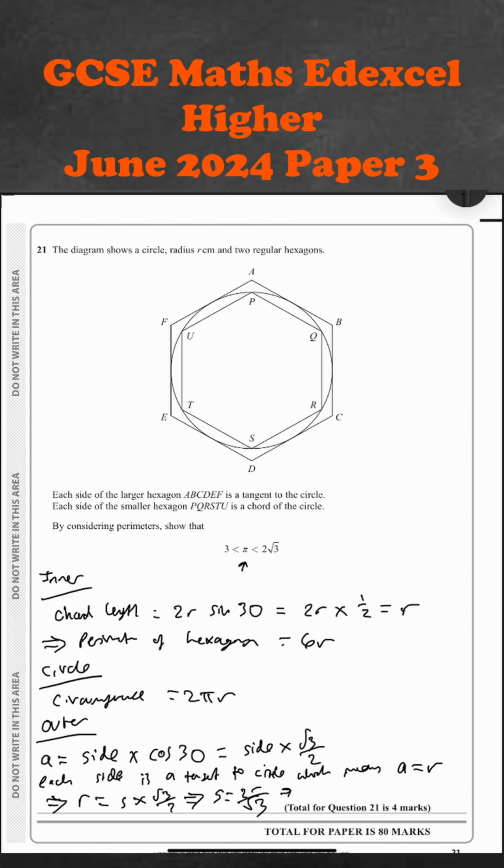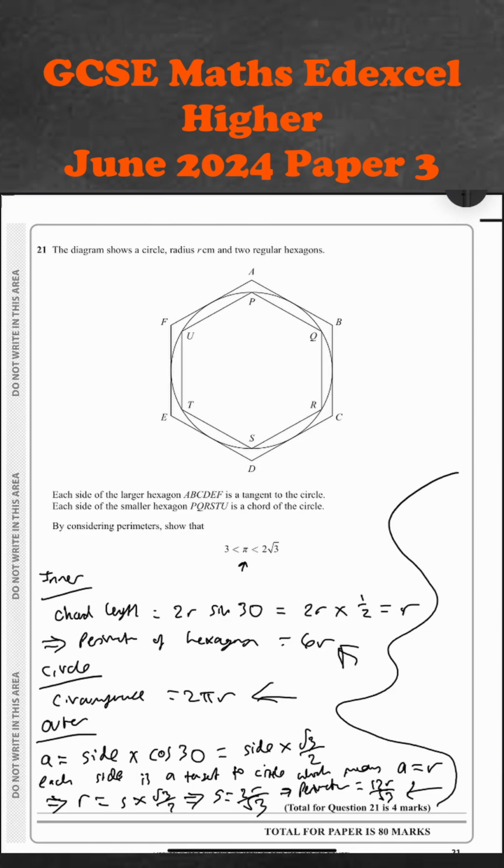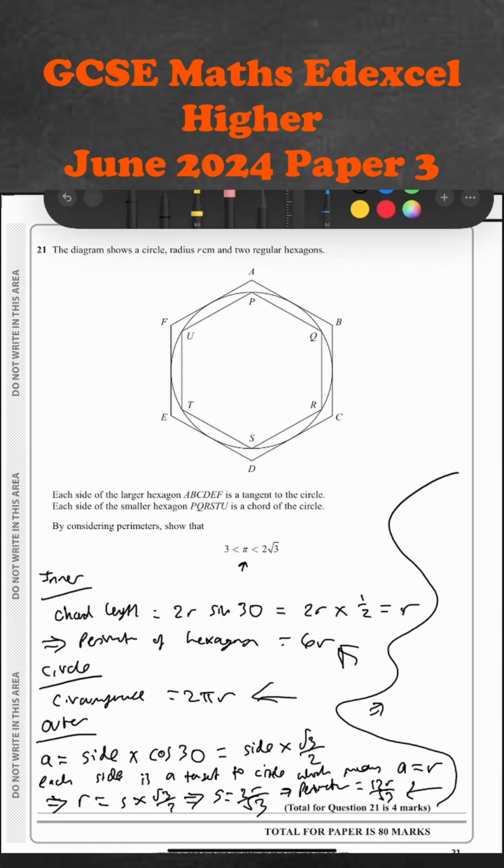I'll just keep squeezing it in here. So perimeter is going to be 6 times that. So we're going to have 12r over root 3. So, based on that, we know the perimeter of this one is bigger than the perimeter of this one, is bigger than the perimeter of this one. We'll do it here. Therefore, we can say 6r is less than 2 pi r is less than 12r